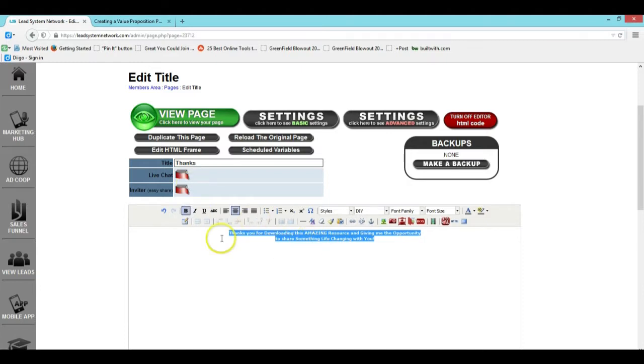One of the things about the sales page wizard is you don't want to go all the way across the top with your title. If you do that, it's going to go from one side of the page to the other, and it's going to look very unprofessional. So you want to center it: type out a couple of words, then hit enter and go down to the next line. Thanks for downloading this amazing resource and giving me the opportunity to share something life-changing